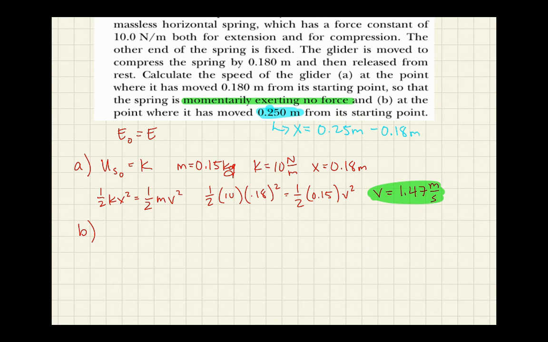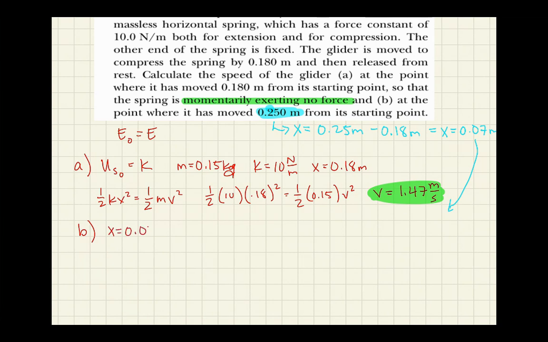And the reason for that is that 0.18 meters was its initial displacement in one direction, right? So that was like a starting displacement of negative 0.18 meters. Now its new position is 0.25 meters in the positive direction from that. So negative 0.18 plus the 0.25 gives me an x of 0.07 meters for this second part of the problem. So my new x